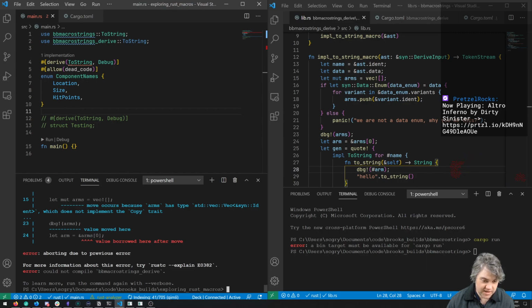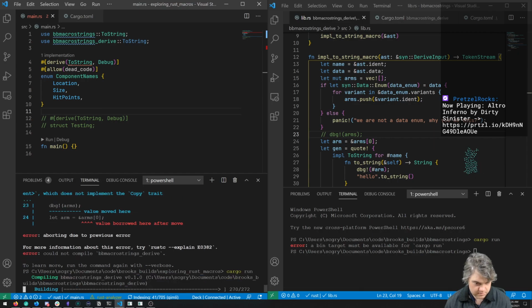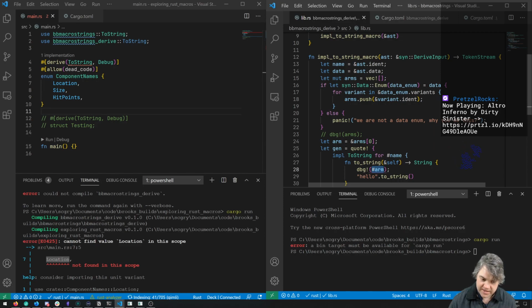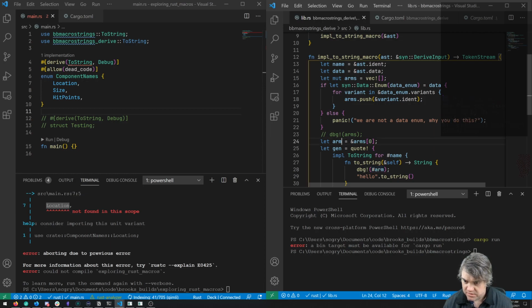Arms has type which does not implement the copy trait. Value borrowed here after move. Is that still the same thing? Location not found in this scope. Okay, so then that gives us that. Now, if I want to not do this anymore,